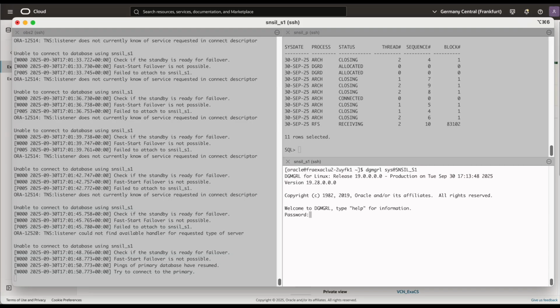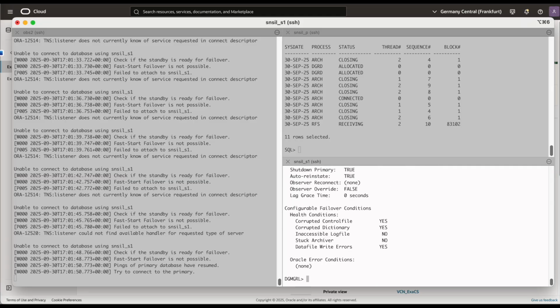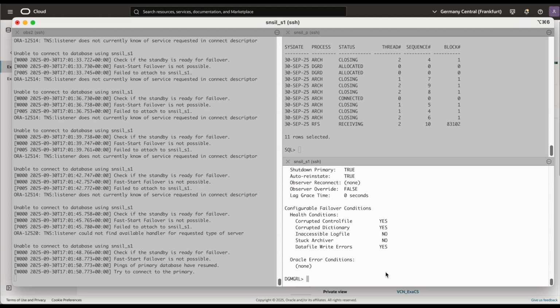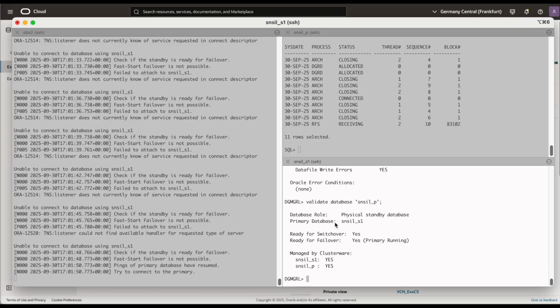Now let's see how to stop the observer. We do a show fast start failover and validate the primary and standby databases. Now type the command stop observer.